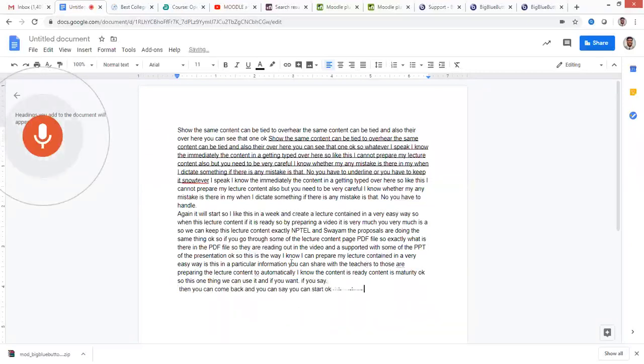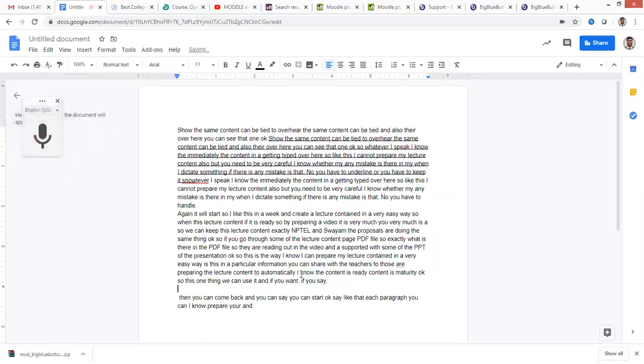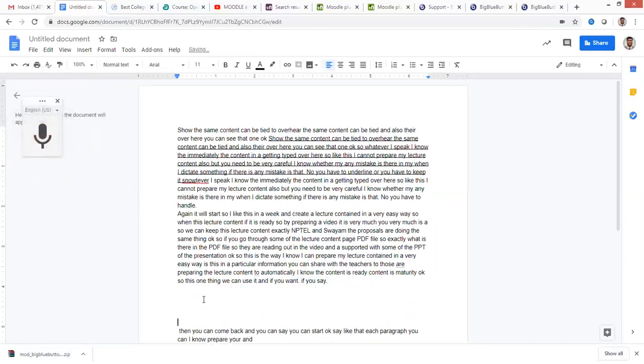Like that, you can prepare each paragraph, and in between, for example, I can stop it. If I want to add some images, I can go and insert the image. I can have the images required for my course page and put them over here. So the entire lecture content can be prepared in a very easy way. This is one piece of information I want to share with you today. Let me go back.